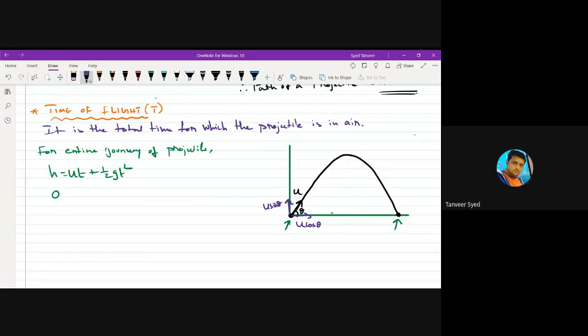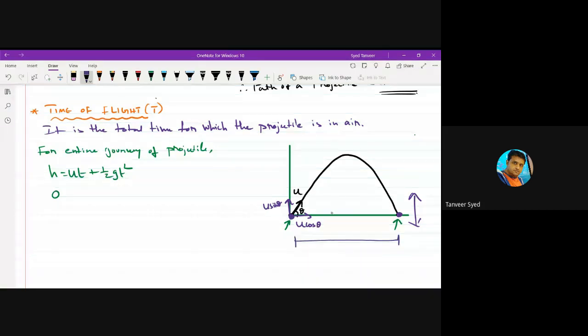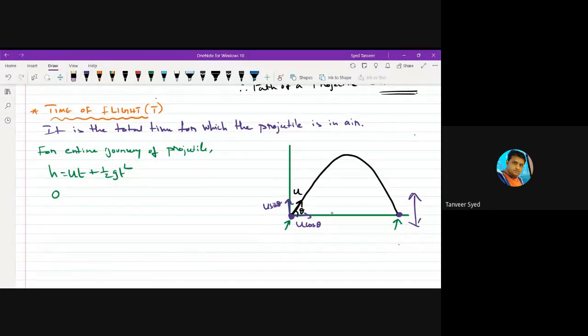For the entire journey, it is starting at this point and landing at this point. How much is it displaced along the vertical direction? 0. It is at the same level. If I ask you how much it is displaced along the horizontal direction, your answer will be from here to here. But we are not speaking of the horizontal direction now. We are speaking of the vertical direction. So the displacement of the projectile along the vertical direction is 0,